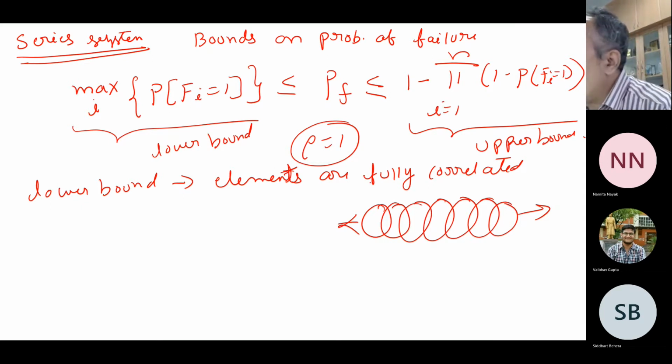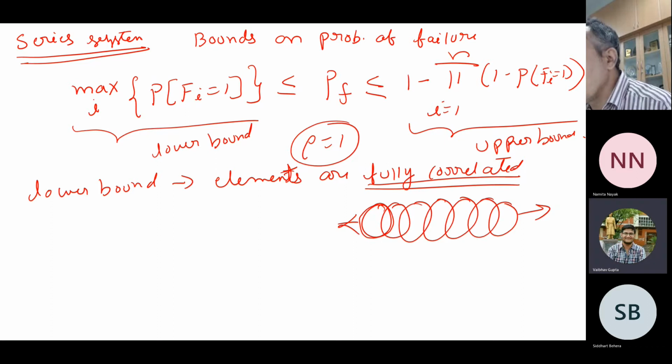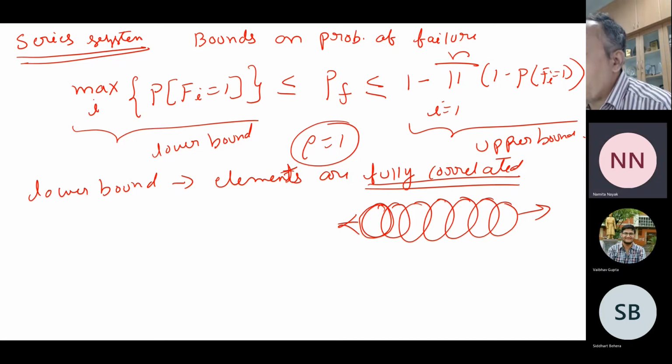See, all the elements are fully correlated. So they are fully correlated. That means rho is equal to 1. And now when rho is equal to 1, what happens to this chain? If one chain is breaking, what happens to the other chains? Overall failure. No, overall failure is different. That is in system. Suppose this chain breaks actually. What is your comment on the neighborhood chain? It will also break. Because why will it break?